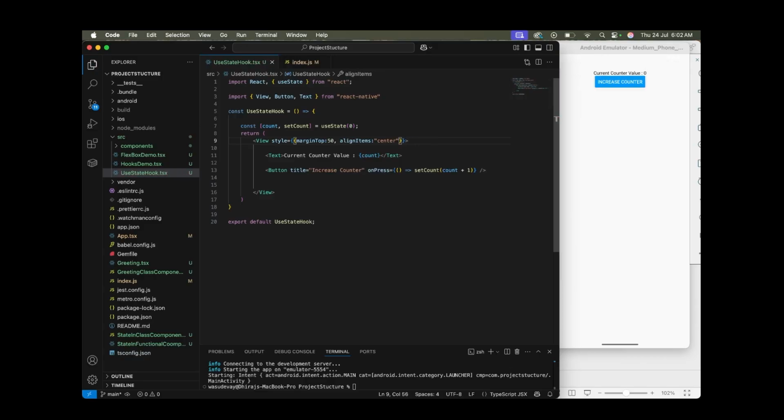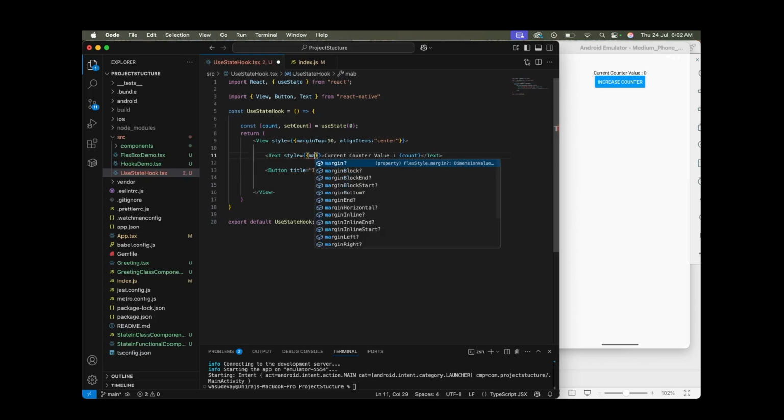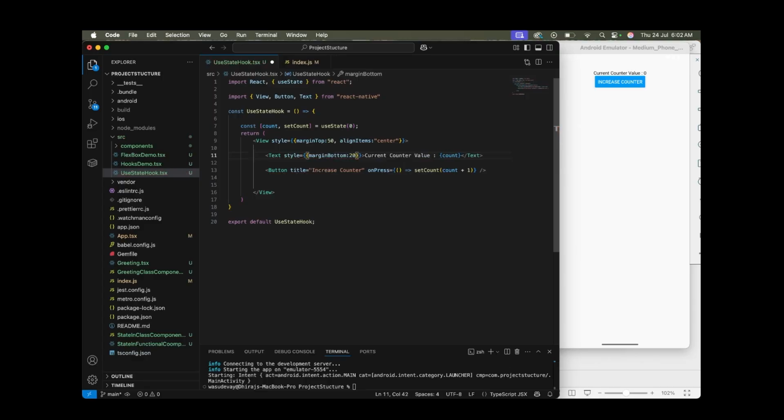So let's give a little bit of margin here in style only. Margin bottom equal to 20 pixel. And font weight 600 to display the bold. So now